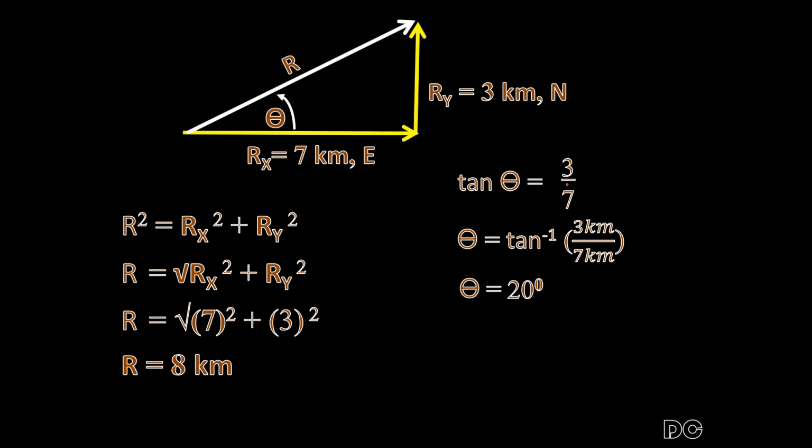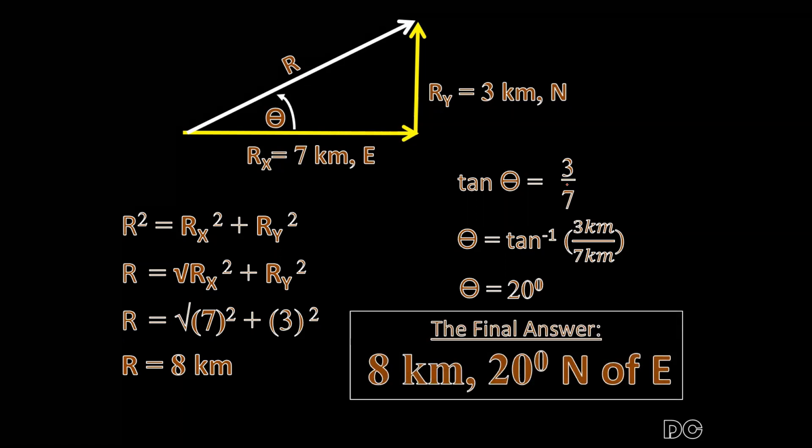Okay? And for its direction, since it started from east and then it moves upward to the north, therefore the direction of our angle becomes north of east. So the direction is north of east, since it started from the east, then it moves upward to the north. And so our final answer is 8 kilometers, 20 degrees north of east. So that is how to solve for our